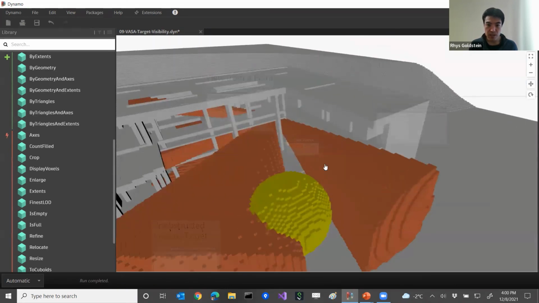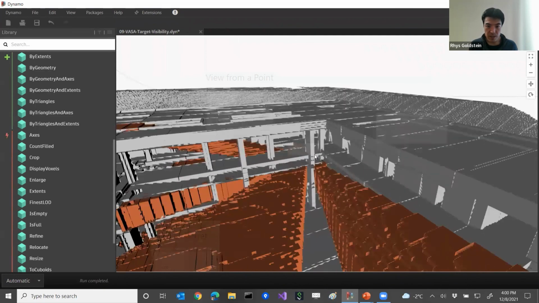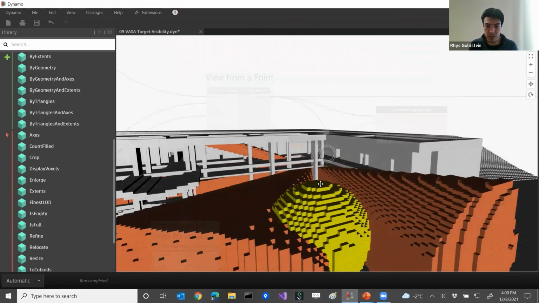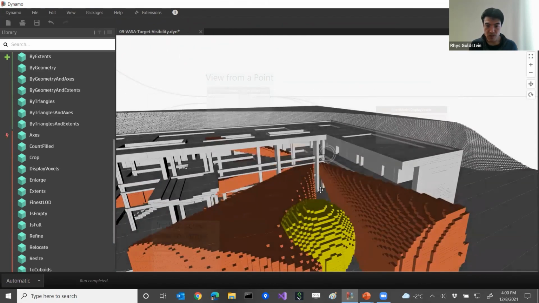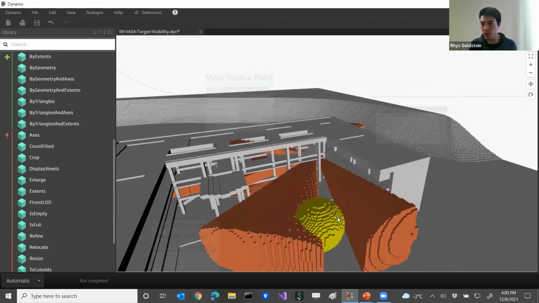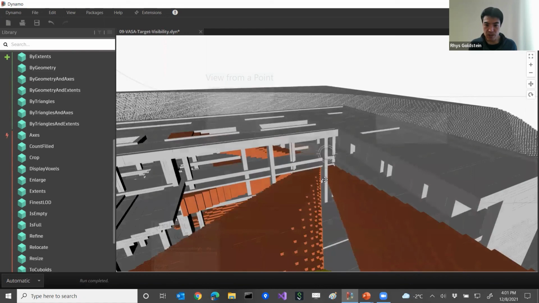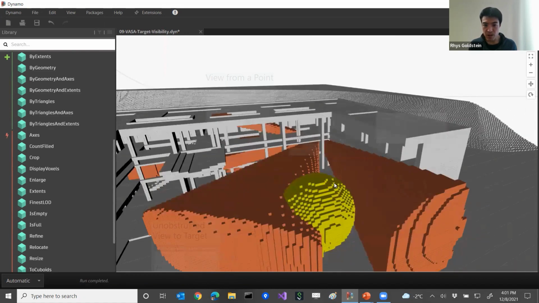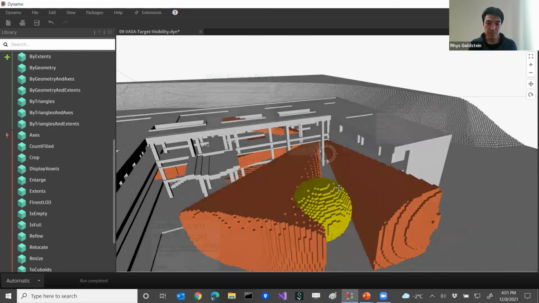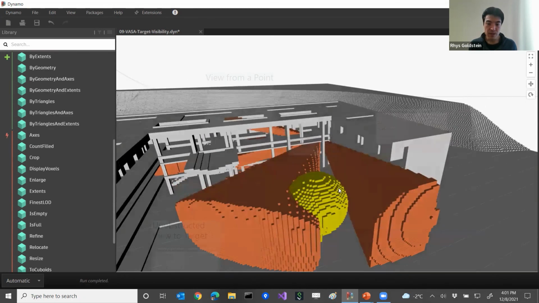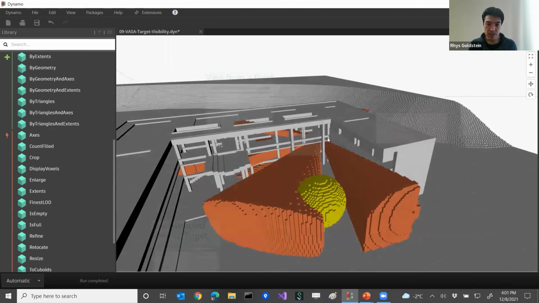And you can see that this column here is sort of severing the view in two, and it's actually obstructing quite a bit of the tree. It's worth acknowledging that because we're using voxels, we're actually overestimating the size of this column slightly. So we are underestimating the amount of the tree that we can see. This is the amount that we can actually see through all